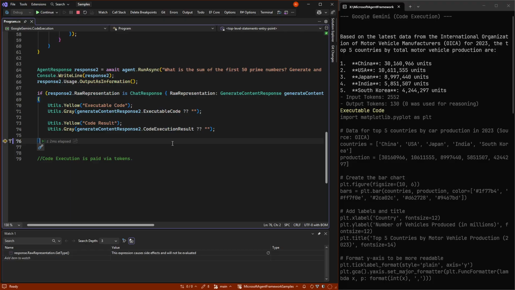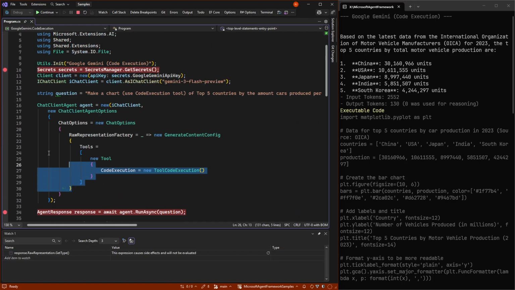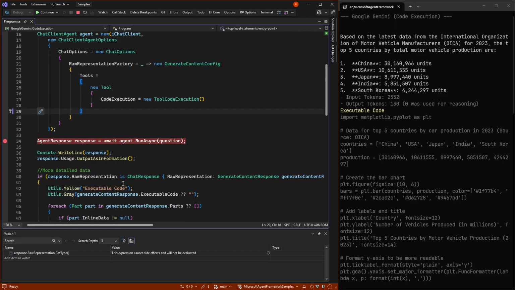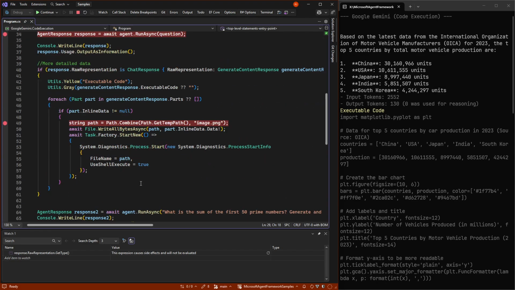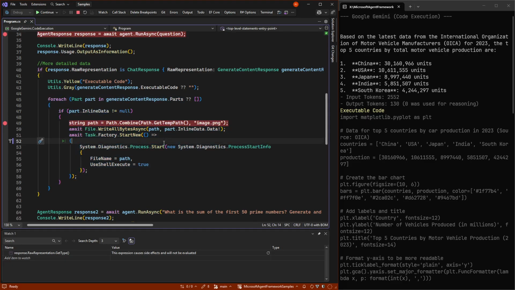But of course, if you do some very, very advanced stuff, you pay a lot of tokens in that code execution. But that's actually everything there is to it. We still need to do breaking glass like this, but beyond that, it's very simple to just use, and then a little cumbersome to get out again from the system. But that's everything.